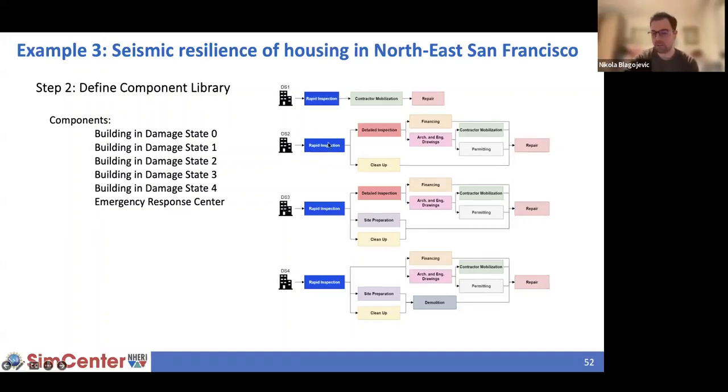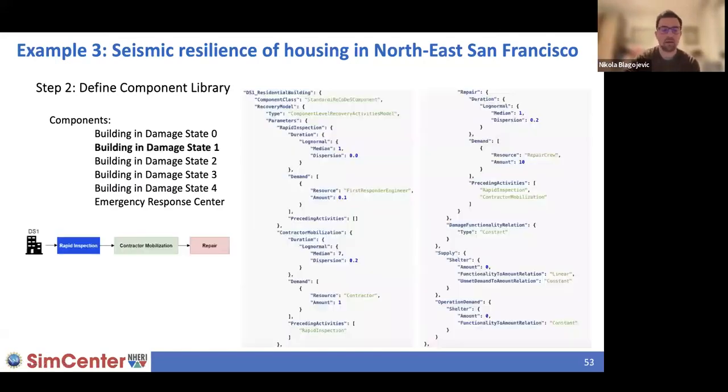And here you can see the more damage there is, the more complicated the recovery, more activities, more resources needed, and so on. So I'm going to briefly show how you can implement this for a building in damage state 1. You can see there are 3 activities, which are all resource constrained. So they only start once this component receives sufficient resources for this activity. And the way in which we're going to define this component is shown here. This is called the DS1 residential building. Once again, the standard pyrecodes component is the class we're going to be using. And here you can see the recovery model parameters, which are now a bit longer than before.